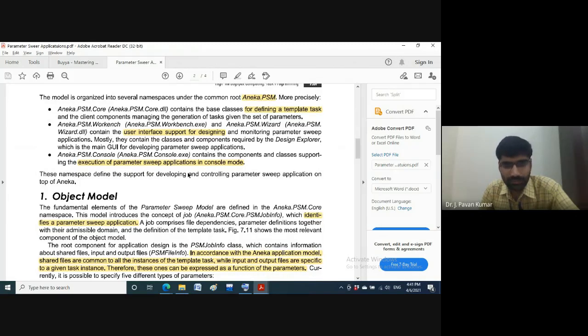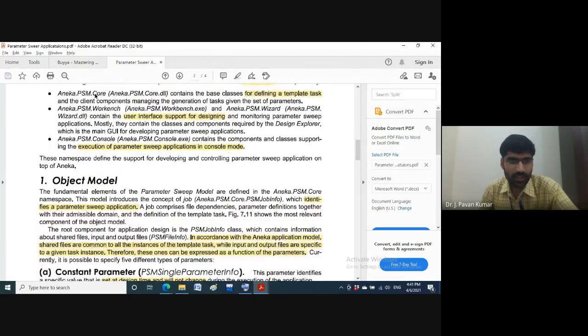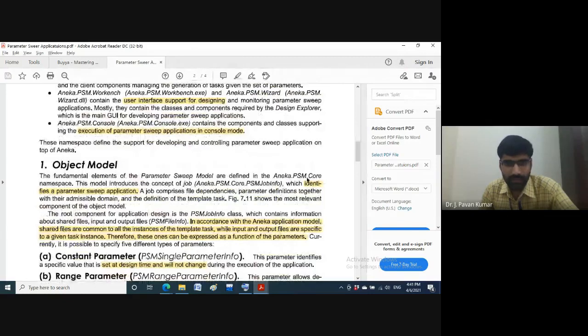Whatever the core namespace that we have, only that we will be considering afterwards. This aneka.psm.core namespace introduces the concept of job. Job in the sense, the entire parameter sweep application we will consider as a job, and it will be supported by a class in the namespace aneka.psm.core. The class name is PSMJobInfo.